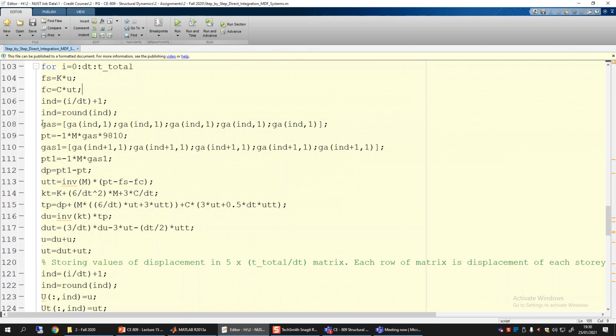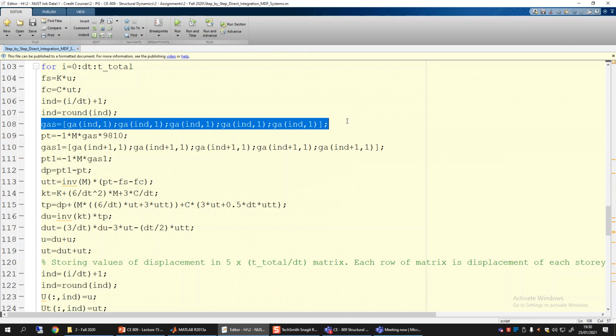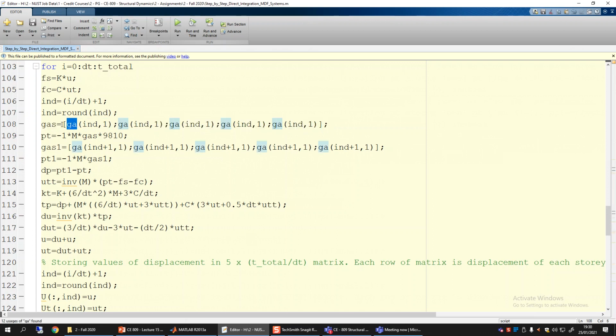Then the ground acceleration vector is extracted from the data. GA is the ground acceleration, and the vector is formulated for 5 different stories. Then it is converted into P of t, which is minus the mass matrix times the ground acceleration times the g units.